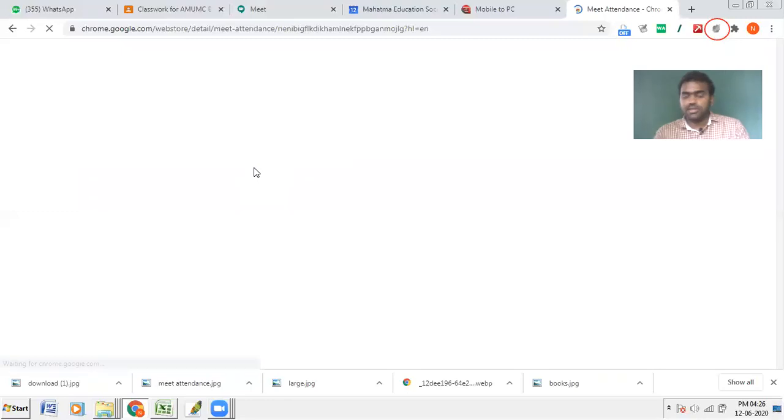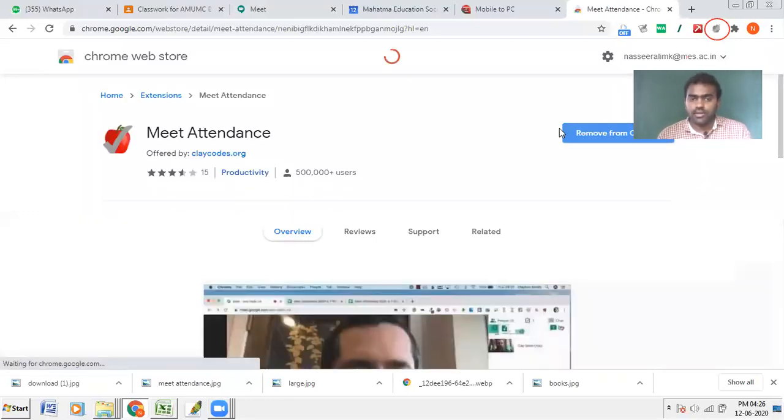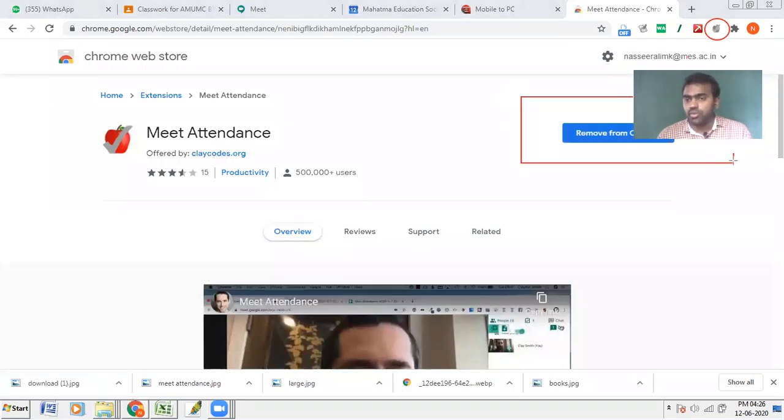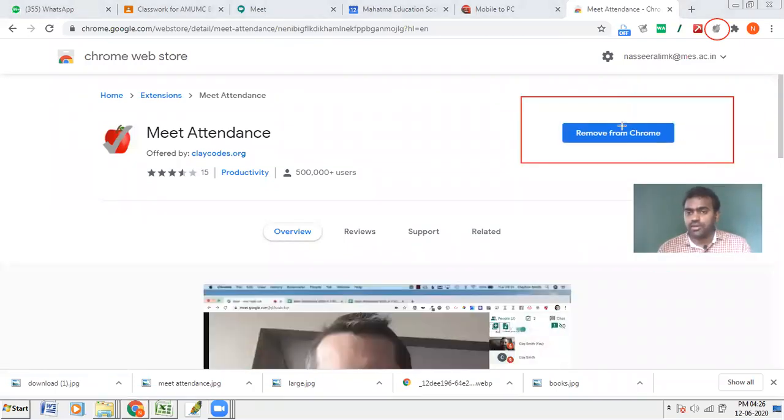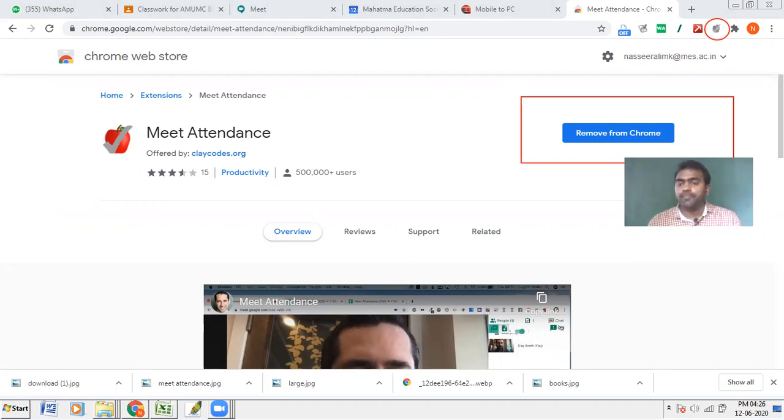Meet Attendance is seen. You can open that and install it. I have already installed it, that's why here Remove from Chrome is there. If you haven't installed it, instead of Remove from Chrome, you will have the install option. Just click on install, and it will be installed on your Google Chrome.